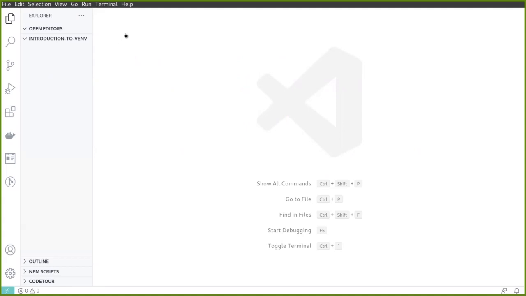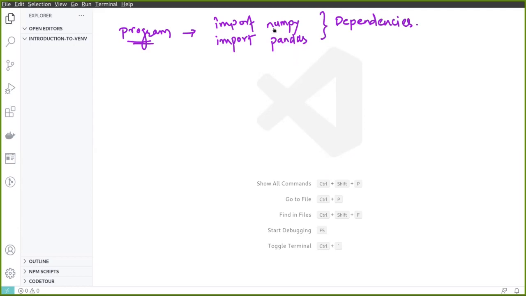Suppose any program will use some code like import numpy, import pandas, and something like this. So this means that for this particular program, numpy and pandas are dependencies, and we need to install numpy and pandas first to be able to use this program.